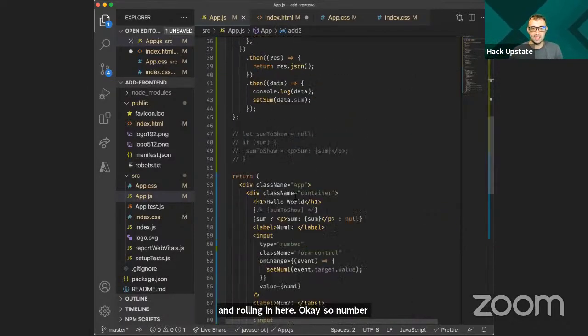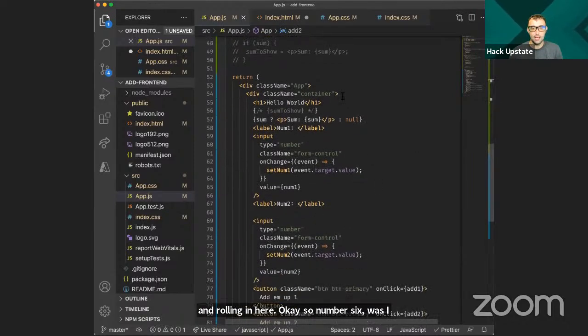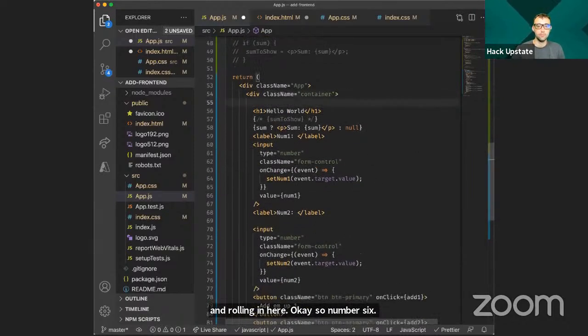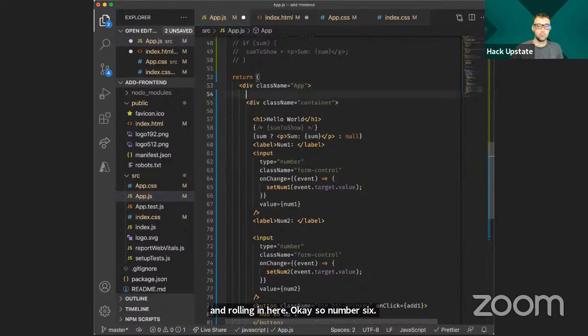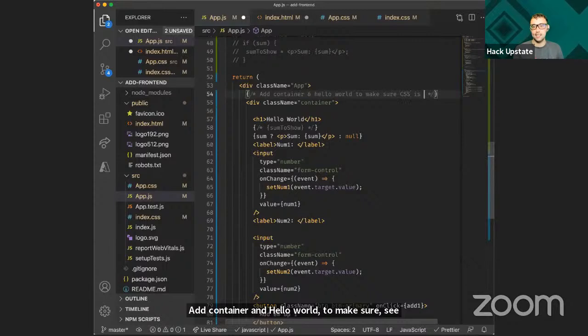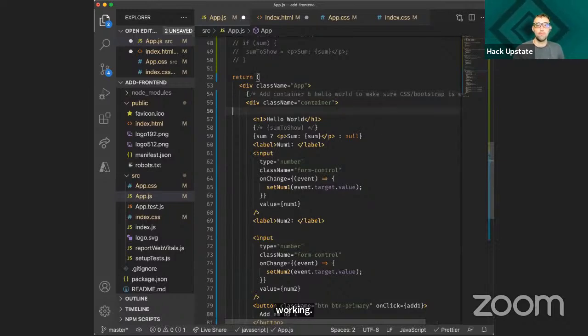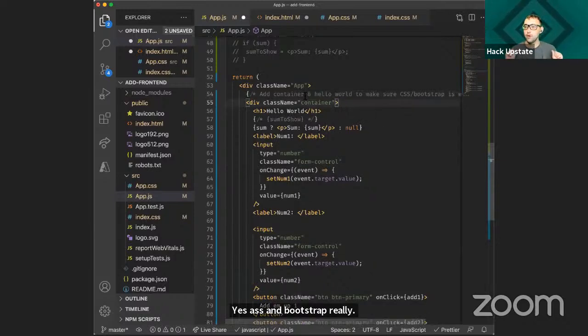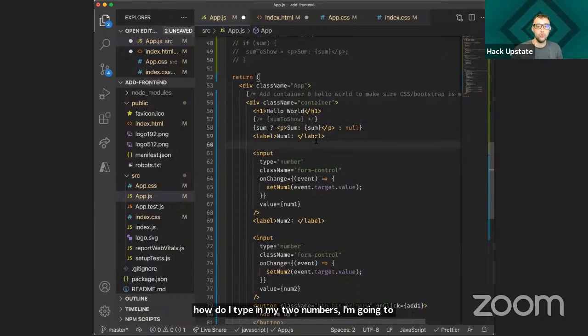Okay, so number 6 was I added container and hello world to make sure CSS is working. CSS and Bootstrap, really. Okay, I got those showing up, and so I'm going, all right, I'm good to go. Now I need to type in 2 numbers. Well, how do I type in my 2 numbers? I'm going to